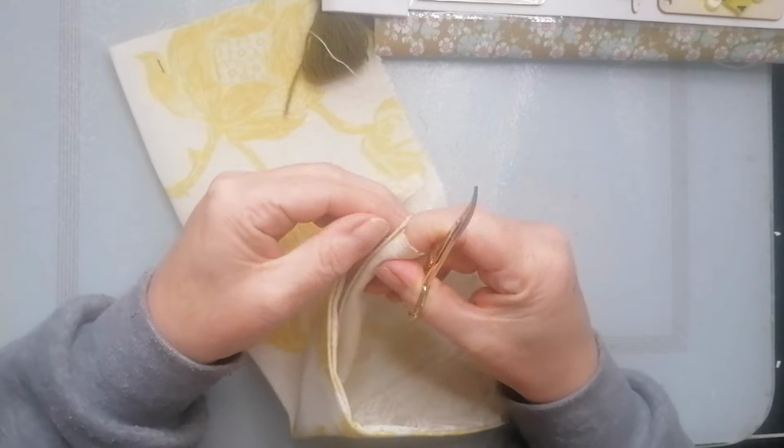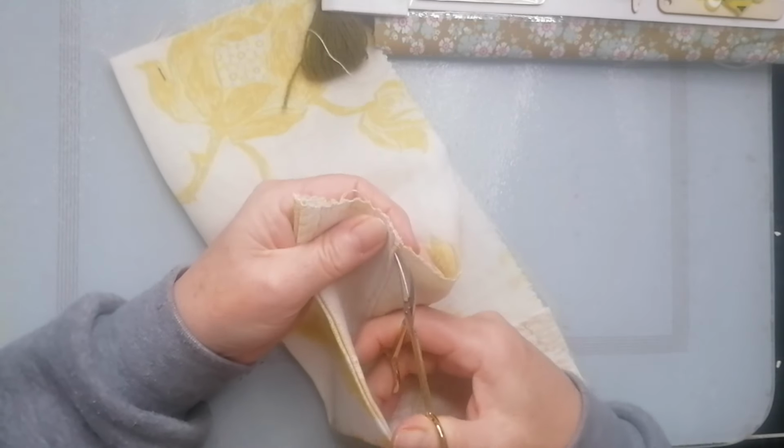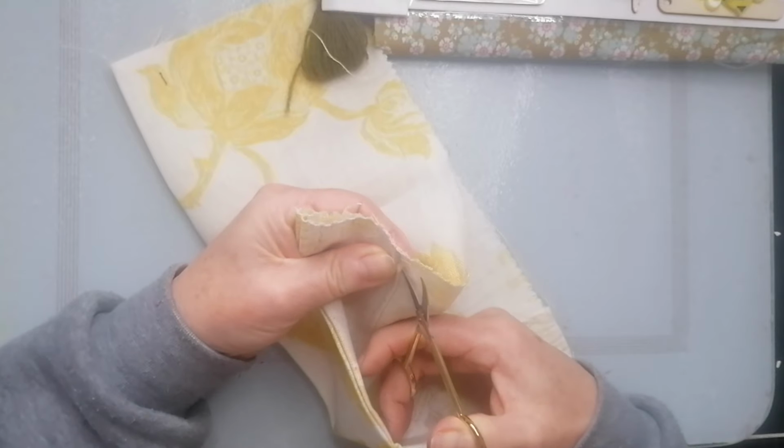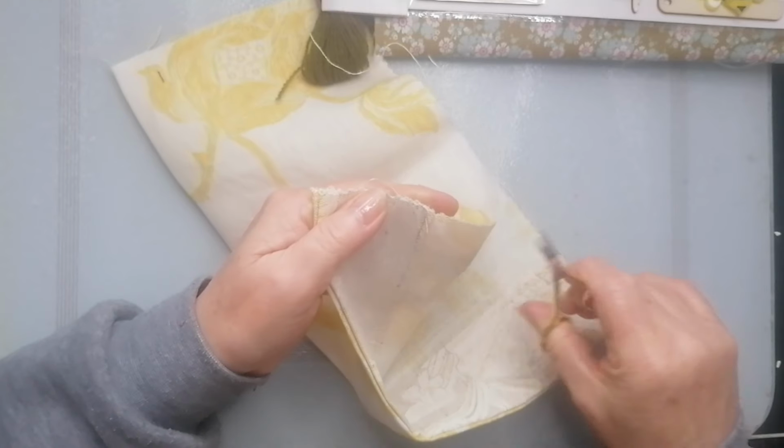So just get my nosy what's under here. If I can get my scissors in there. Can I get in there, please? I should get my stitch ripper, but yeah,